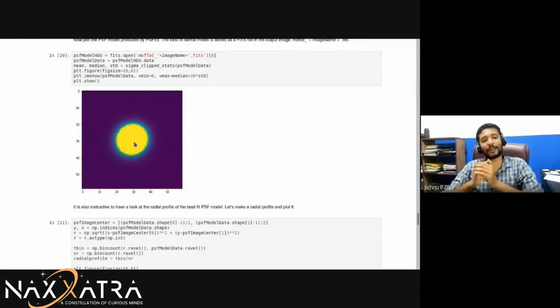But sometimes it could happen that there is wind or there is a slight shake in the telescope, and it's not necessary that your star should be round shaped. It could be oblong or egg shaped, or it could even be irregularly shaped. We don't know. So what we can try to do is find out the shape of each of the stars in this particular image. The way we do that is we do a Fourier transformation over the entire image.